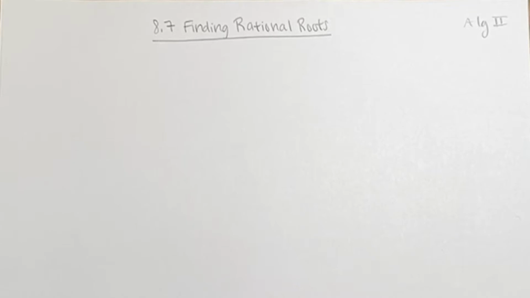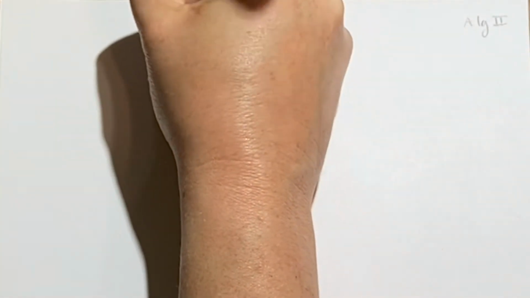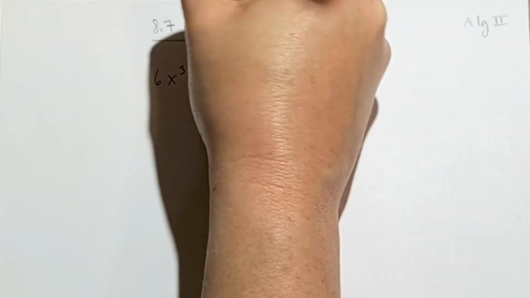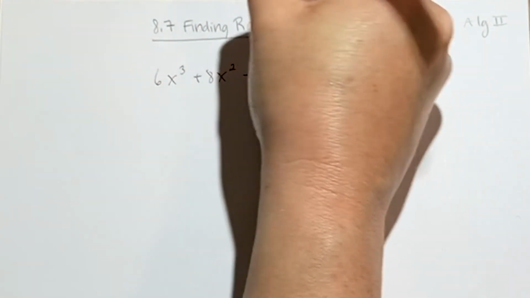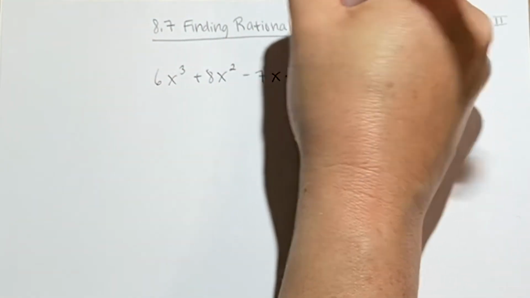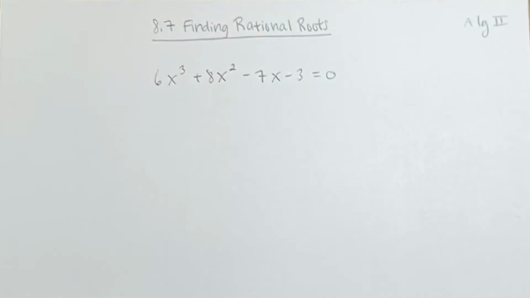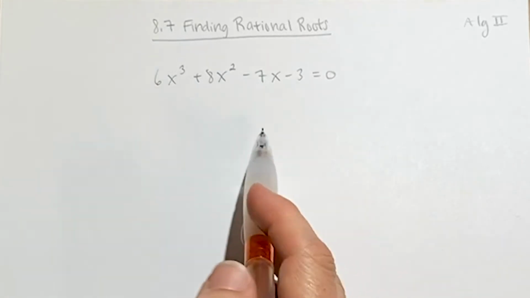Today we're going to talk about how you find rational roots for a solution for a polynomial equation. So we're going to be looking at equations like this one, 6x cubed plus 8x squared minus 7x minus 3 equals 0. And we're going to talk about what you do if you need to solve this without any